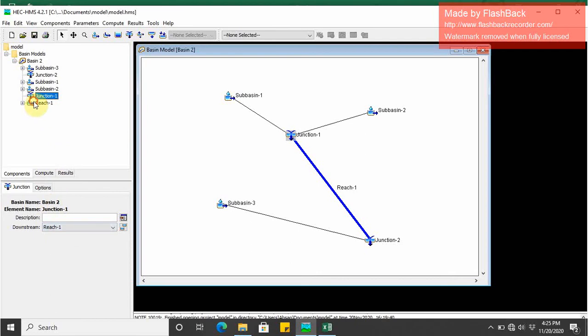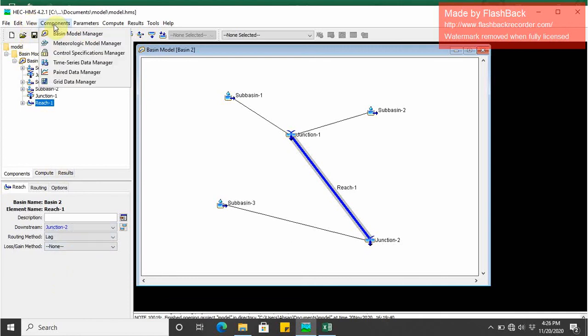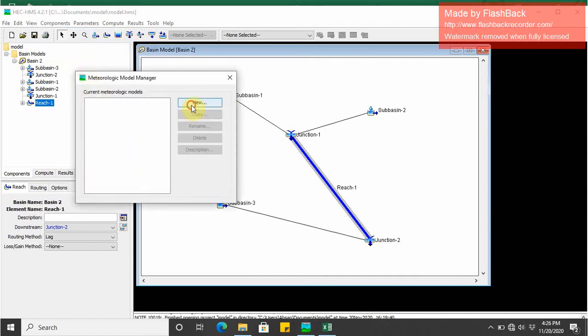But also one thing I forgot, that in reach, reach 1 has downstream of junction 2, so we will click on reach, and the downstream is junction 2, and now our basin model is complete. And after that we will click on component, and we will create a meteorological model. Click new, meteorological model 1,